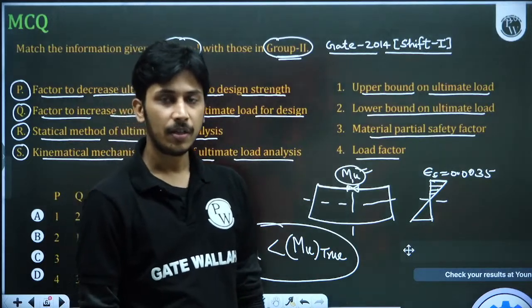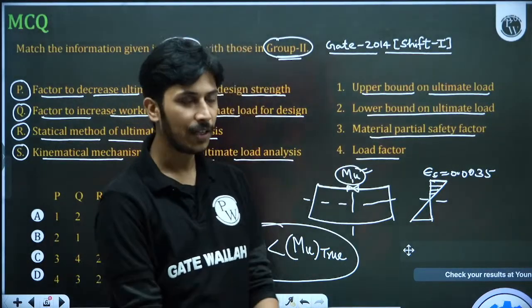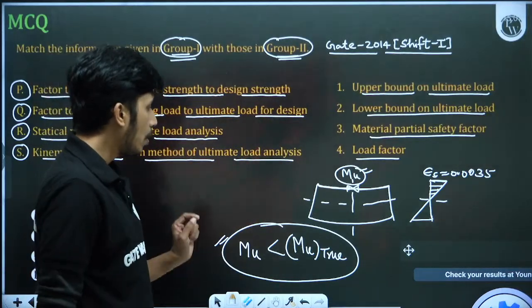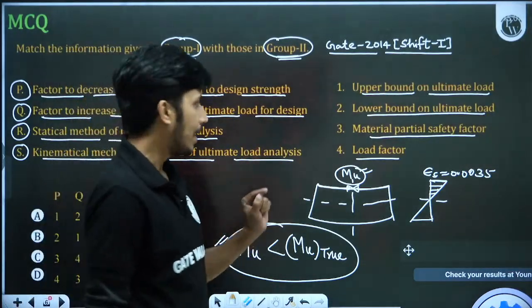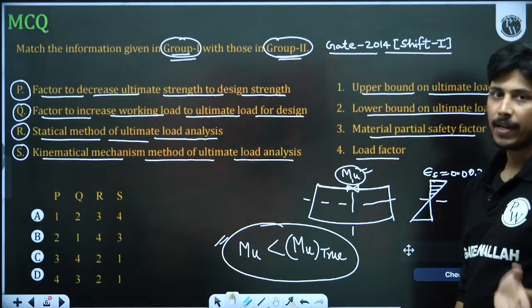In steel structure it is given, okay, no issue. If it is given, that is very good. That is why I'm saying, I'm not able to find it in RCC, but in steel I'm able to. Whatever we have done, because ultimate load analysis is given, this can also be explained in RCC.